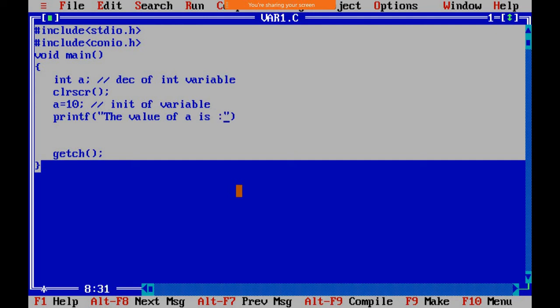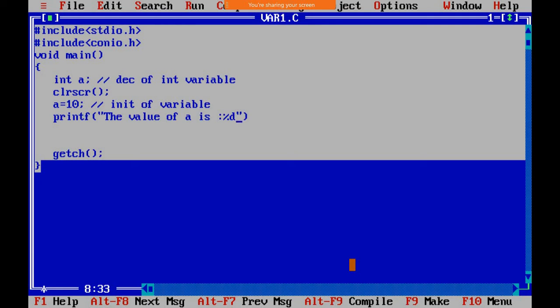Here we need to use a format specifier %d. अब ये कैसे पता चलेगा? Here is an int value, the data type is int, and a is a variable whose data type is int. That means here we need to use the format specifier %d, and that format specifier must be used inside the double quote. क्यों use करना है ये double quote के अंदर? Because we need to print that value, and that format specifier will print the value.